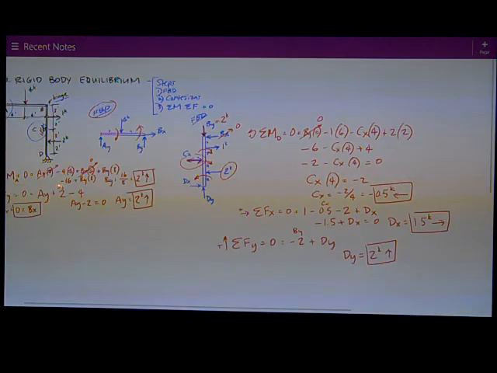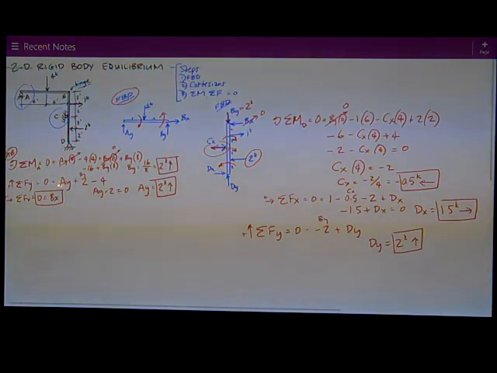So that's the key on these hinge problems, to split them up into 2 separate free body diagrams and use Newton's third law, which is equal and opposite forces, and reverse the directions on the free body diagrams. Be consistent with when you find a negative answer, show it